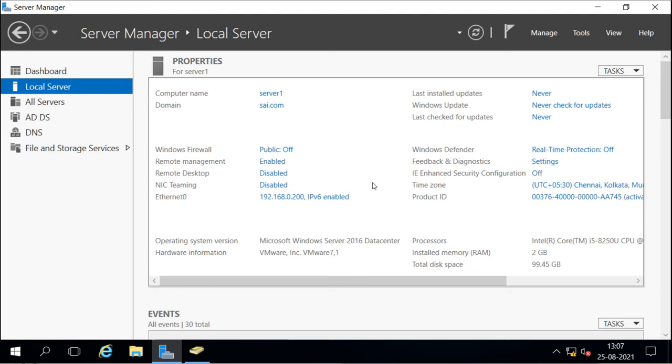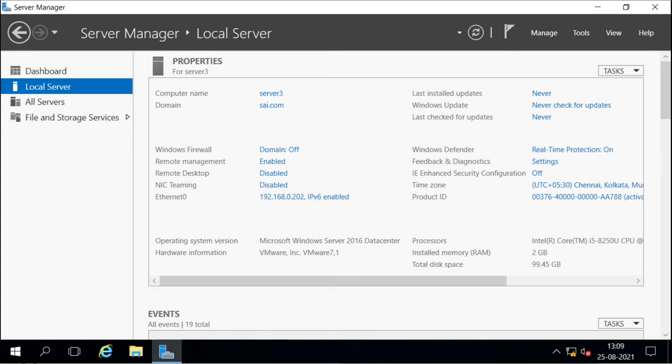So first we install a server operating system, Server 2016, on a machine. Then on that server we will install Active Directory Domain Services, and when we promote the server to be a domain controller, we select to create a tree domain. Now we have another server, Server 3, and that we will configure as a tree domain.